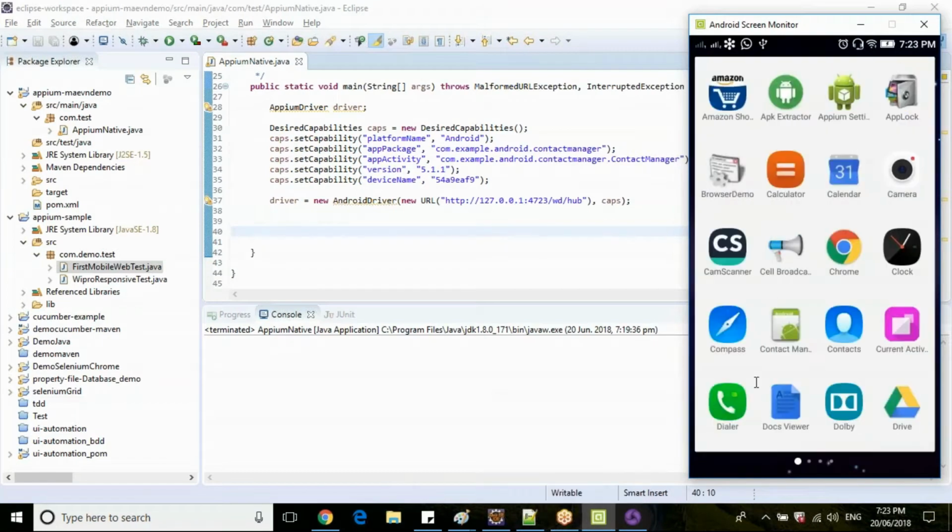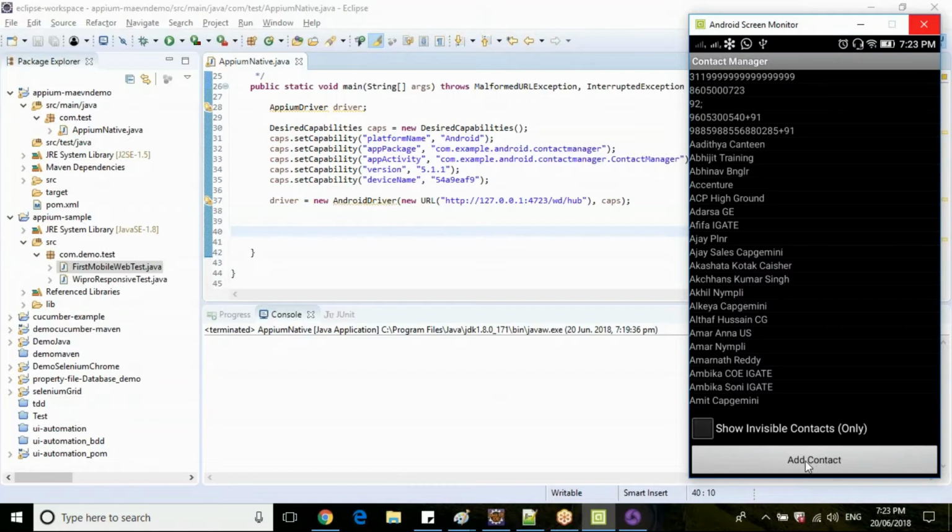I have a contact manager application. The next step is I need to identify the particular native elements. Let's say I want to click on this add contact button. I need to create an XPath for this, or if I have IDs, I can work with IDs, names, class names like this, correct?